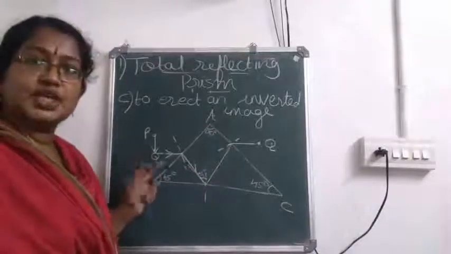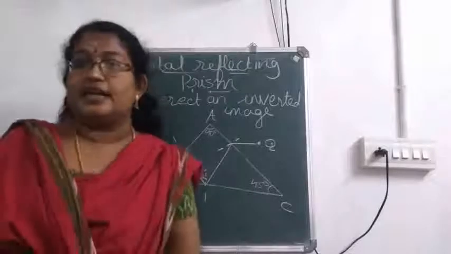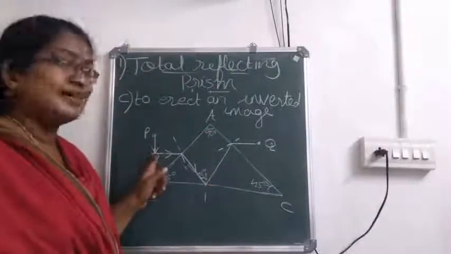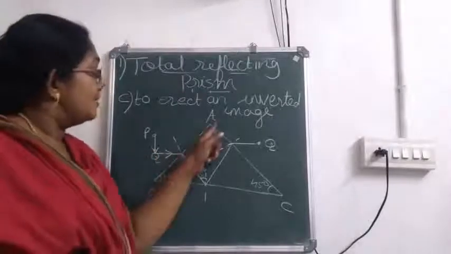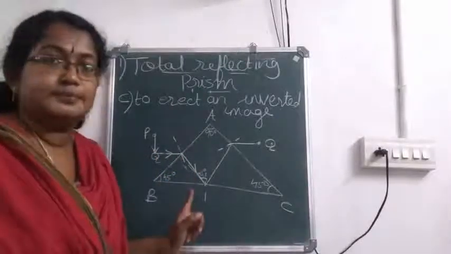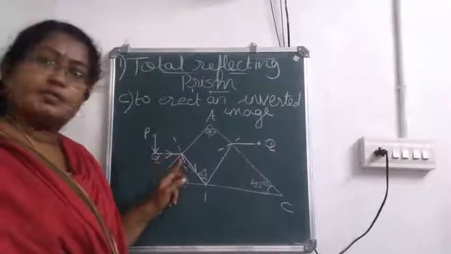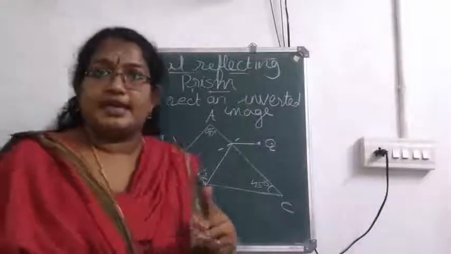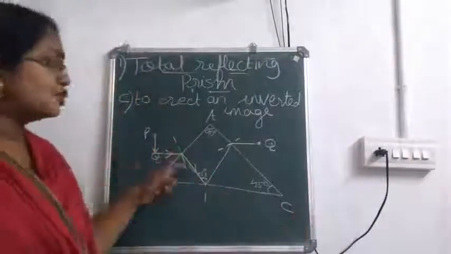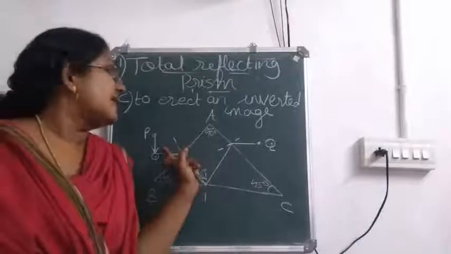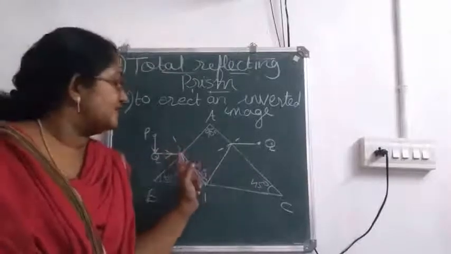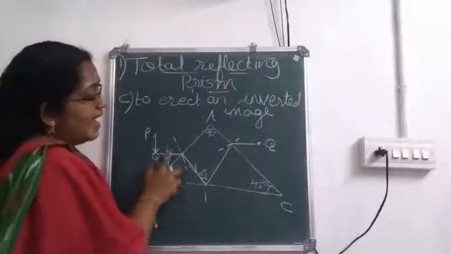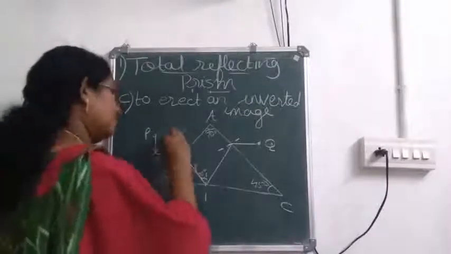PQ is our object, which is an inverted one. We are going to make it erect. First, we consider a light ray from Q which hits the face AB. This is not a normal incidence, since a normal incidence is a straight path. Since it is not normal incidence, it undergoes refraction here. And since the ray is moving from rarer to denser medium, it bends towards the normal. I have drawn the normal, and since it bends towards the normal,